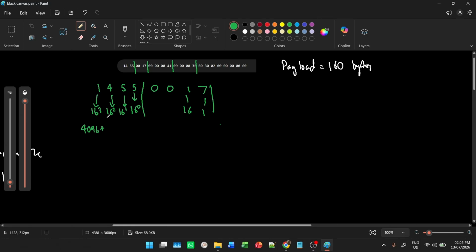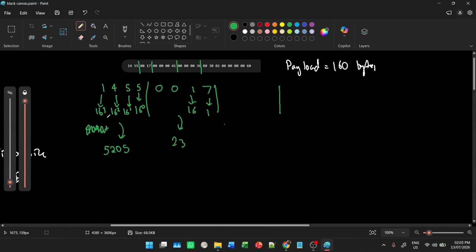So what you're gonna get is, I believe I have already done the addition, correct me if I'm wrong. So this is 5205. This is gonna give me 16 plus 7. I think it's gonna give me 23. The source... what is this? Sorry, that's the sequence number. The sequence number is gonna be 65. Acknowledgement number is gonna be 54, and then finally